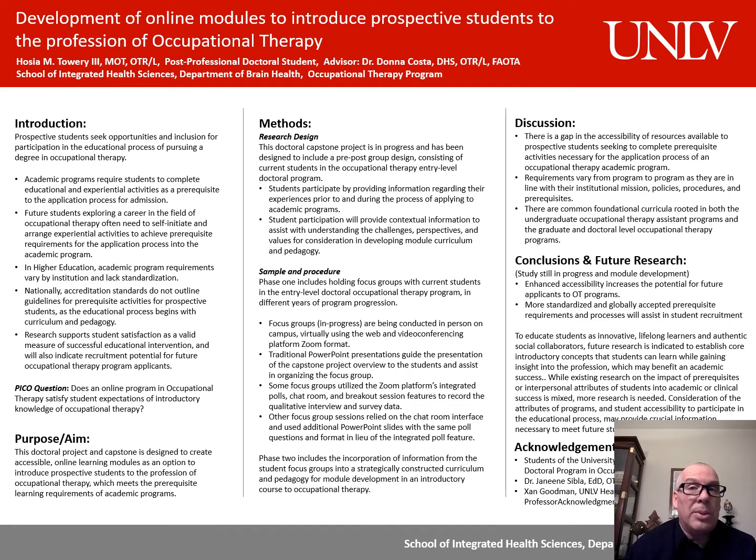And there's very little research that supports prerequisites and/or a standardized approach to meeting the needs and expectations of students. There is research that looks at what faculty and academia in general are looking for in students, what they believe students need to have prior to coming into a program, which may be things like critical thinking or adaptability. But are those the same things that the students value and need?